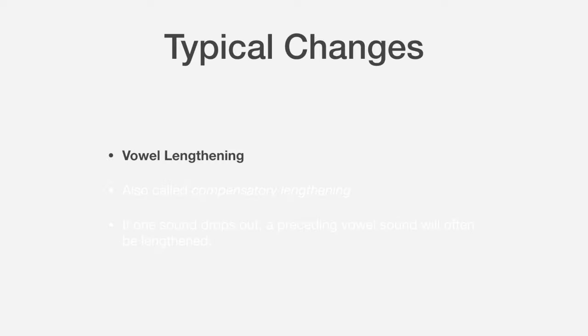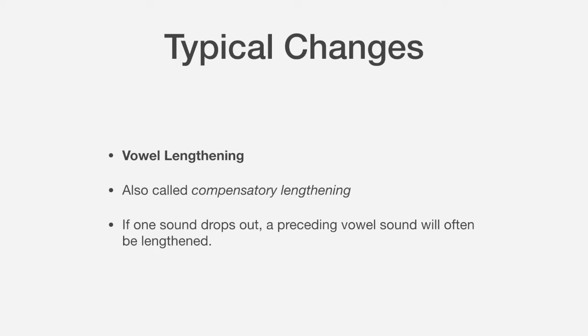Vowel lengthening. Vowel lengthening takes place when you have something called compensatory lengthening. This basically means that when you lose one sound from a word, the vowel that comes before that, it doesn't have to be part of the actual combination of letters that came together, it just has to be the preceding vowel sound, that sound will get a little longer. You'll see lots of examples of this. I'm just putting it on the cheat sheet so that when you come across it, you'll be able to say, oh, I know what that is. That's compensatory lengthening. All it is, is the sound of a vowel compensates for whatever sound has dropped out or been